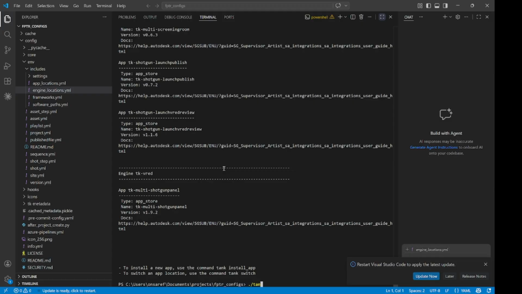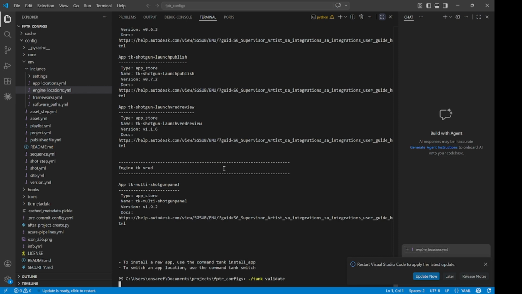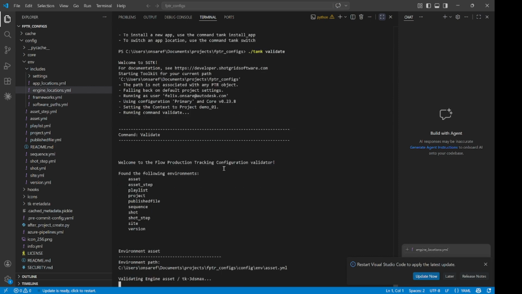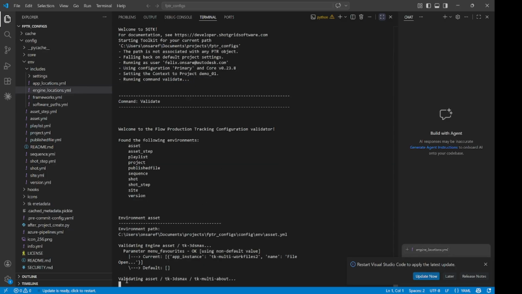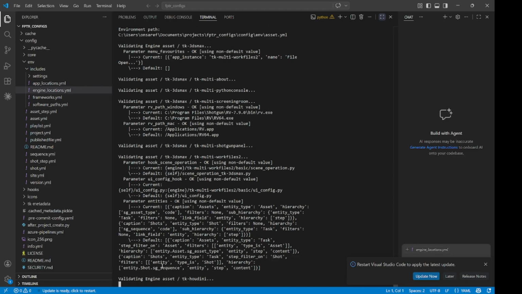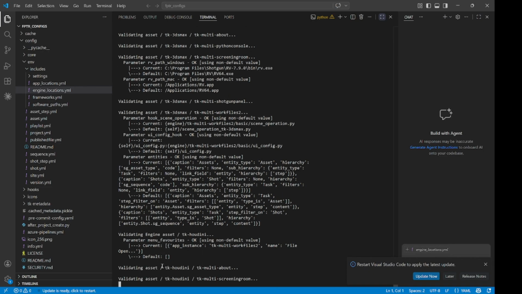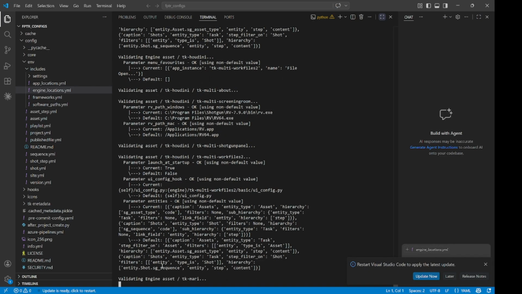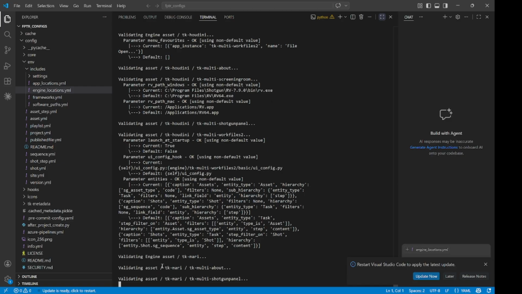So we run tank validate, and this also checks that everything is set up correctly. It validates each and every app and engine one after another, checking to make sure that everything is okay. As this is a long process,